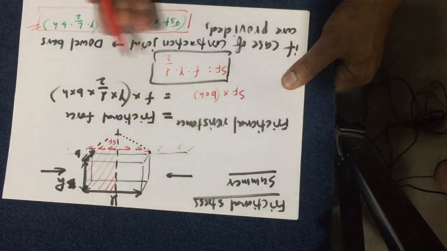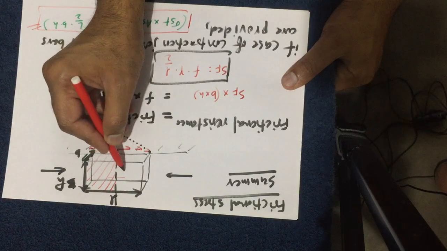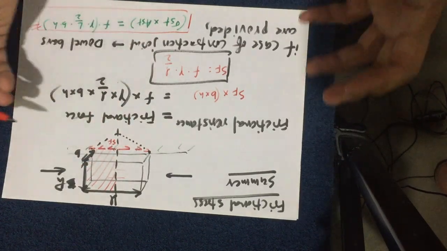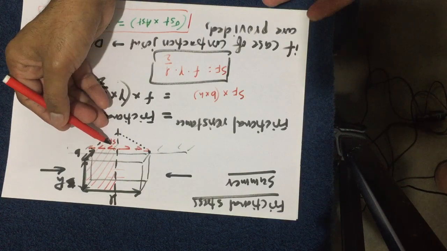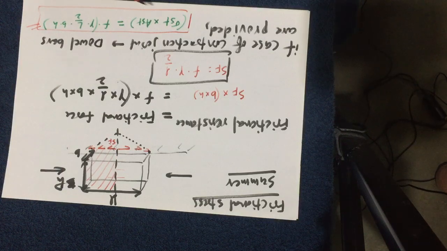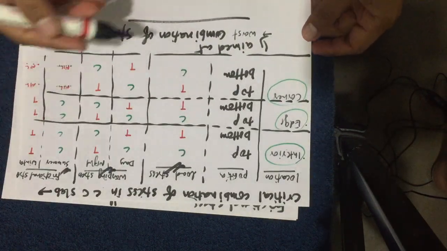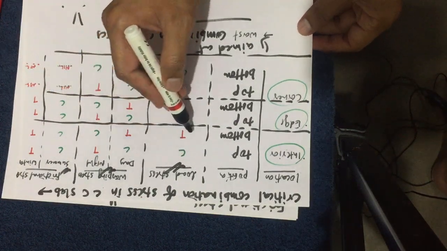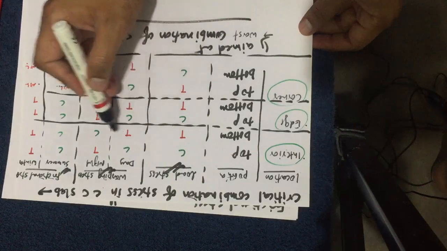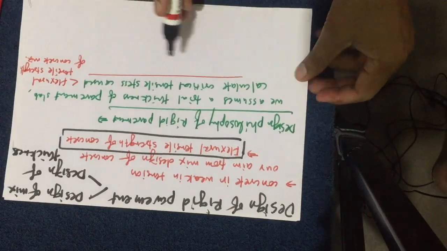For frictional stress, as well as if you have to calculate the length in case of dowel bars being laid aside like this, the frictional force is registered either by the uniform frictional stresses being developed or by the dowel bars inside. So in that table, the last calculation was for the frictional stress during summer compression, winter tension. Calculate the value, put it here, take the sign, and the maximum negative stress, meaning maximum tensile stress caused, is the critical. My today's first appearance to this context was this design philosophy.